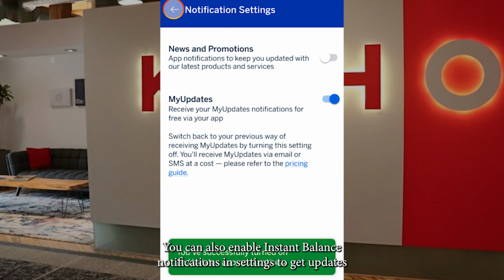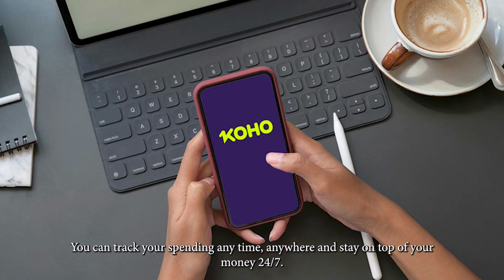You can also enable instant balance notifications in settings to get updates every time you make a purchase or receive money. And that's it. With KOHO, you can track your spending anytime, anywhere, and stay on top of your money